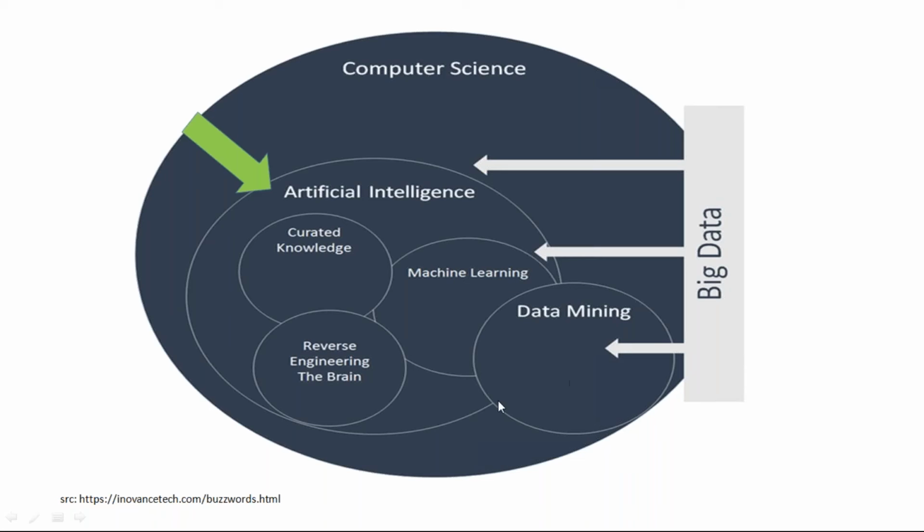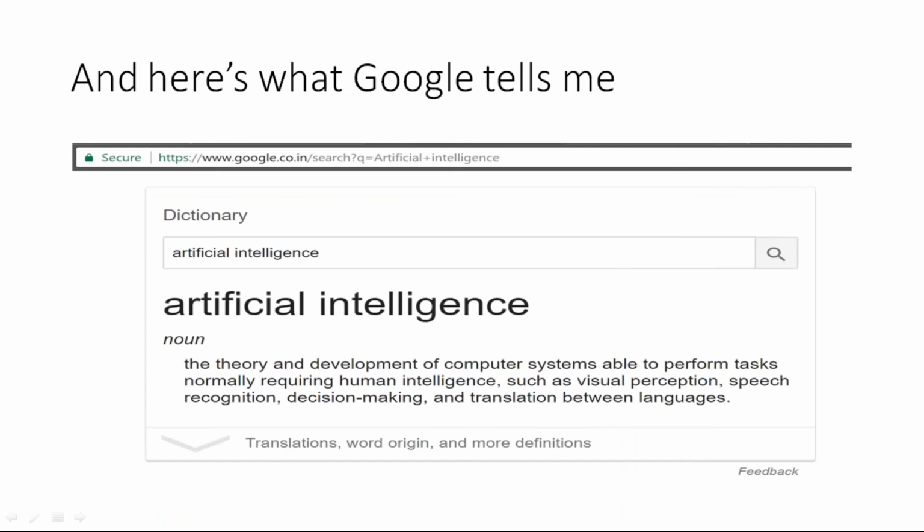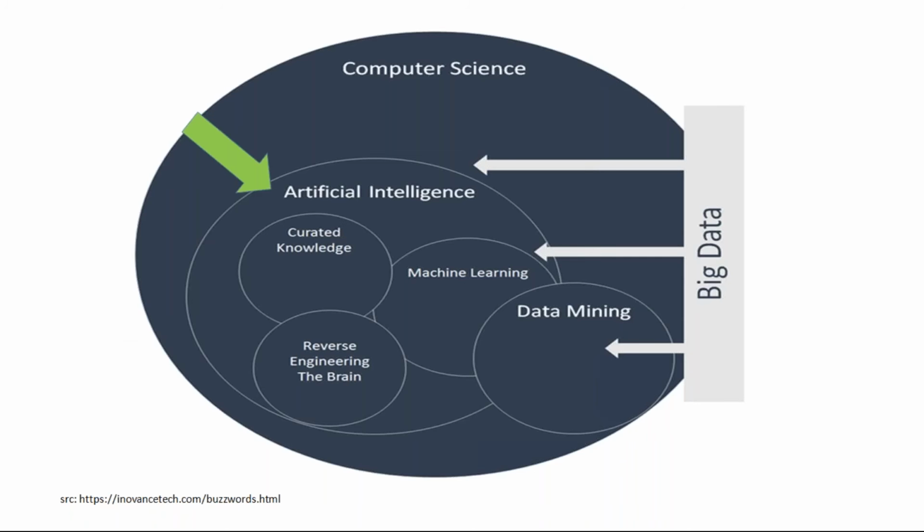And here is where data mining sits. We won't need the entire data mining in AI. There are a lot of data mining things, but we need a part of data mining so that our machine learning algorithms become more and more intelligent. Okay, I'll finish this session and then we'll take a few questions. Any questions on this diagram? This slide has a few domains: machine learning, data mining, and AI.